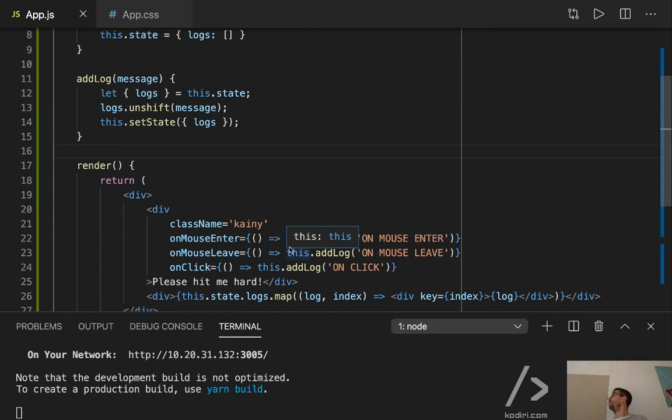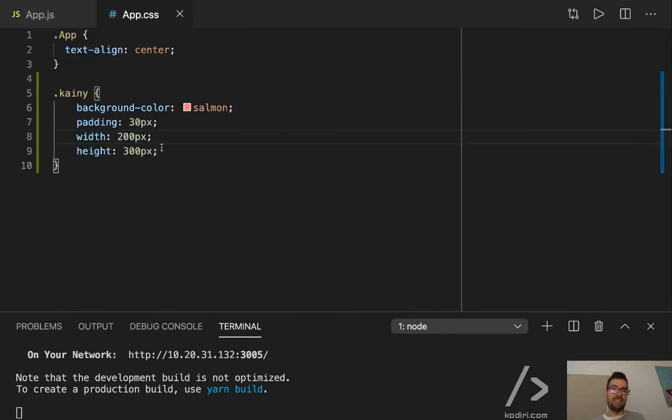If you have a margin. Margin? Yeah, and then if you hover on the margin. So what Kaini is asking is, if we got a margin,